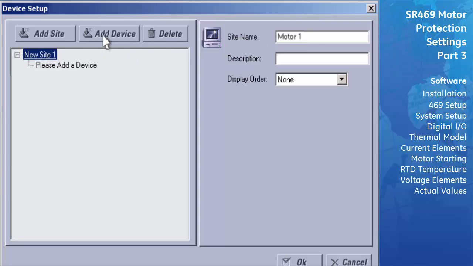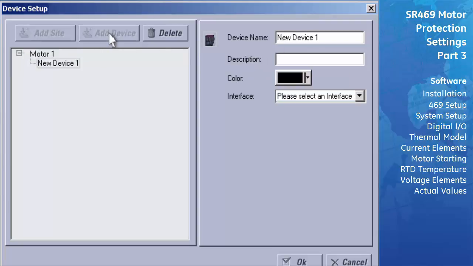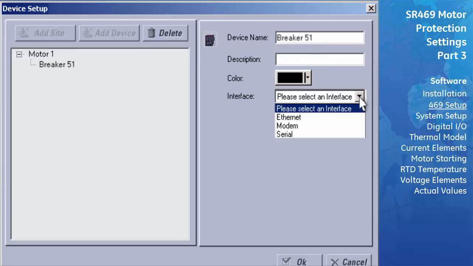Two things should now have occurred. The name of our site would have changed, and a new device will be added to the site with a default name, New Device 1. We now need to configure that newly created device. In the panel on the right, click on the Device Name field. Type in a new name that describes that relay. Open the pull-down menu. Because we are configuring to communicate with an RS-232 serial cable, we will select Serial from